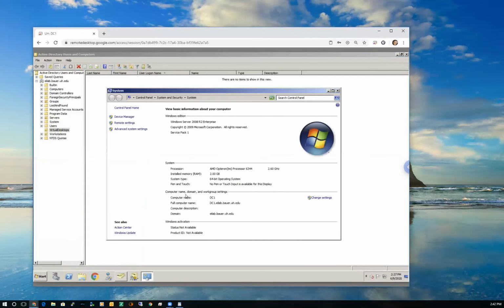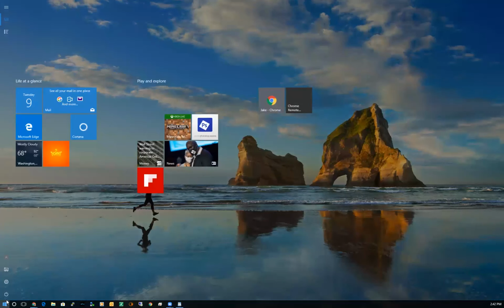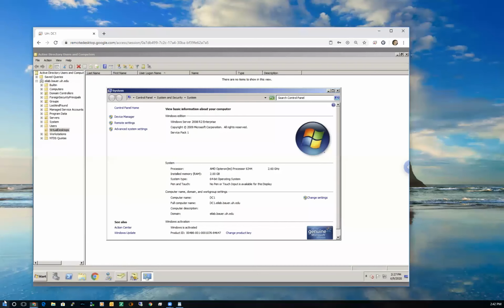So this virtual computer, this domain controller, is called DC1. Just like my computer was called Win764. Just like this Windows computer that I'm viewing here. Oh, that's interesting.